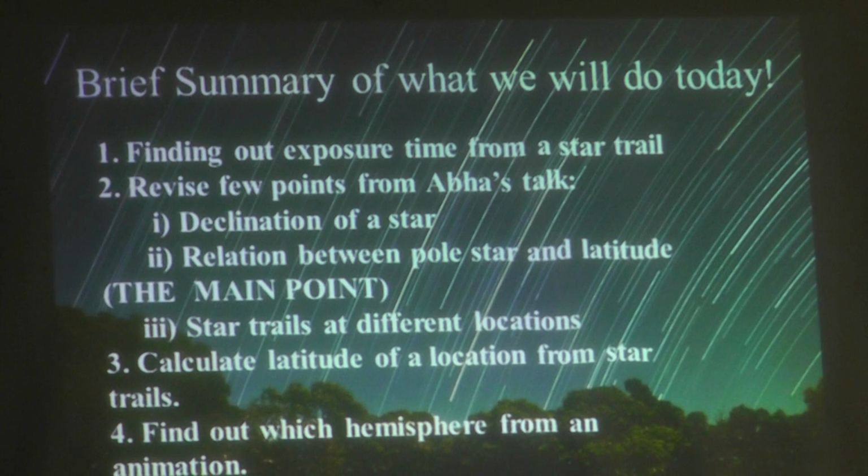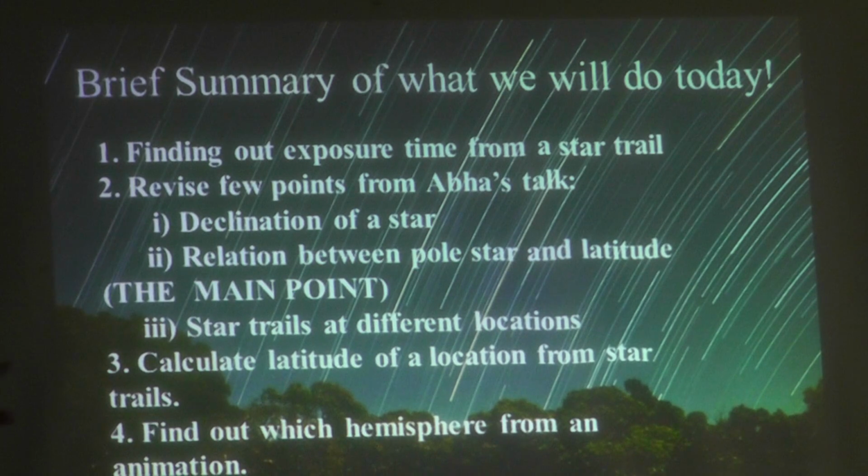I mean, how many of you remember that whenever we go out for observations, those of you in Pune who have made observations, where exactly is the pole star? It is close to the horizon, right? It is never above us, it's never at the zenith. So what is the relation between the pole star's position in the sky and our latitude?